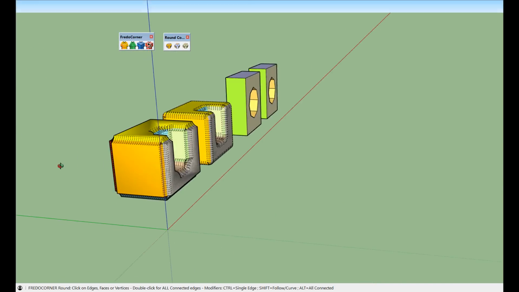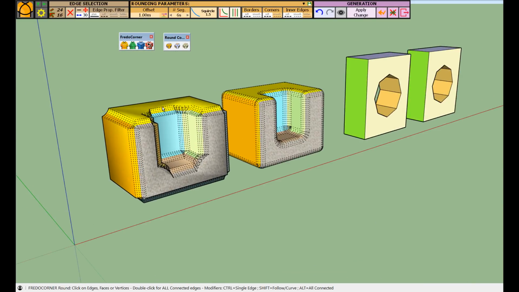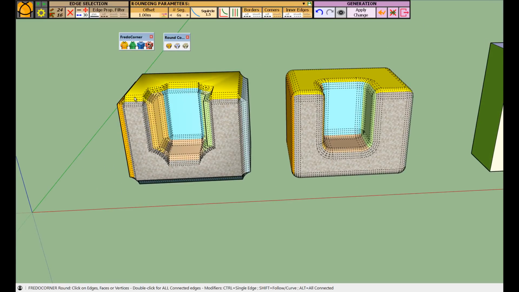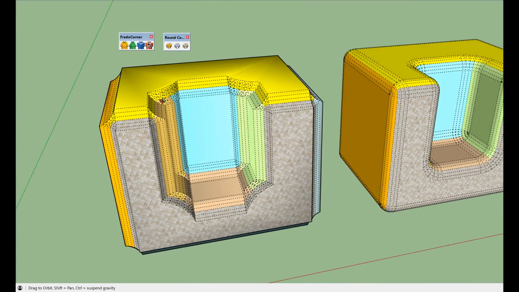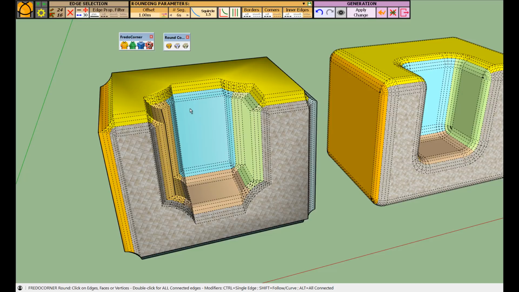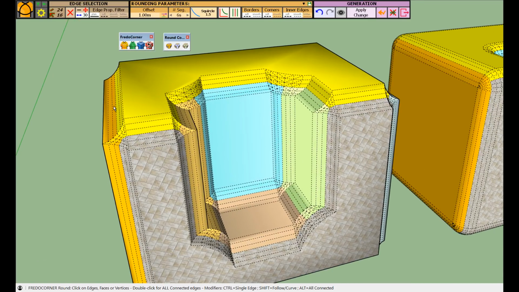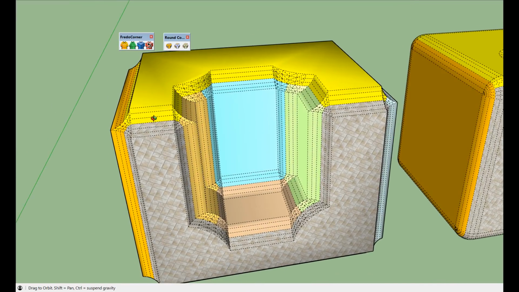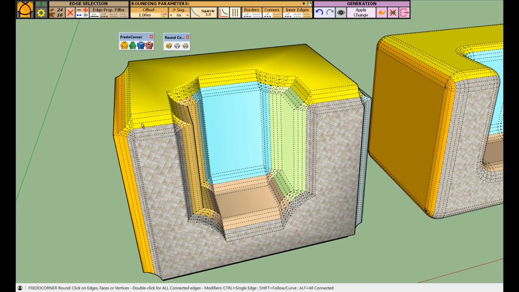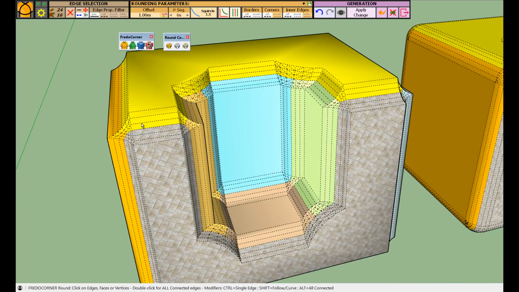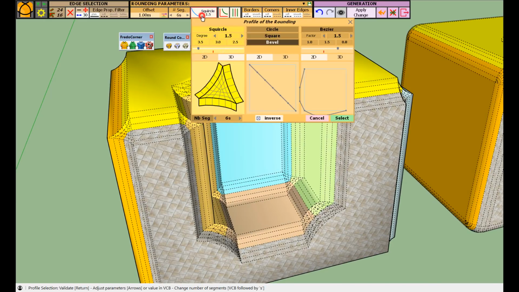You may, of course, change this at will. Be careful that with reverse profiles, you may end up with collision at corners because mathematically the closure of the corner is not guaranteed. Okay, so let's cancel this.